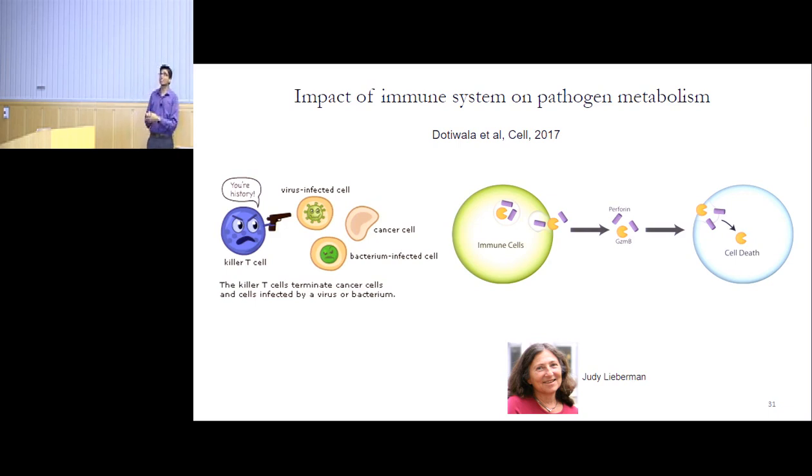Killer T cells secrete what are called perforins and granzymes. Perforins form a hole in the target cell, and they deliver these enzymes, granzymes, which are then supposed to cleave proteins in the target cell to cause cell death. But what we do not know is how the cell death actually happens. Does this enzyme cleave randomly across all proteins, or is it more like an antibiotic, where it goes directly towards the cell wall or ribosome and then degrades the ribosome? So we don't know how the cell death mechanism actually happens.